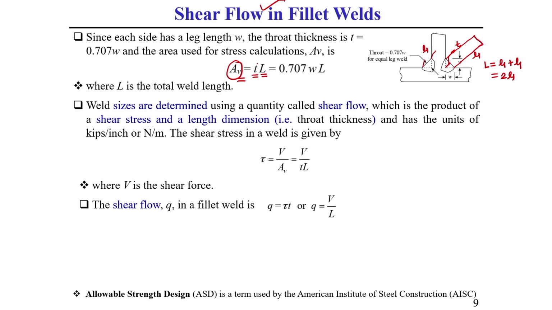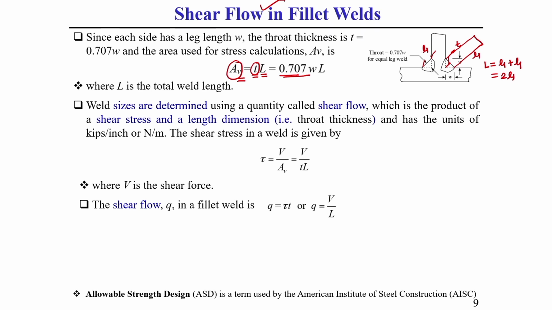Throat thickness T in terms of leg length: we are considering the angle between two parts varying within 60 to 90 degrees, let us say perpendicular two pieces, here you see these two faces' angle is 90 degrees. So, that is why here we will consider 0.70,